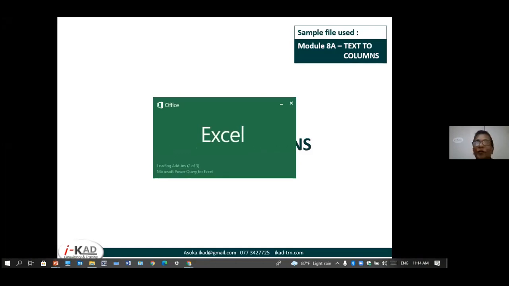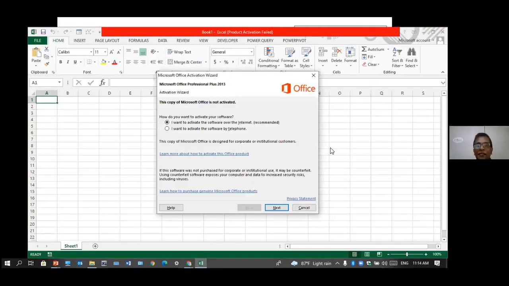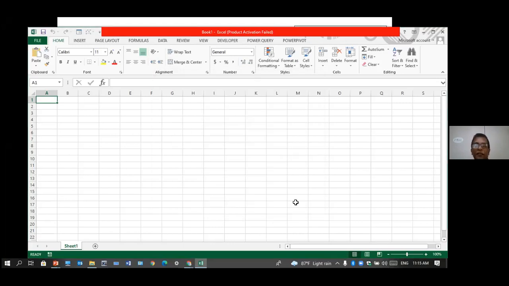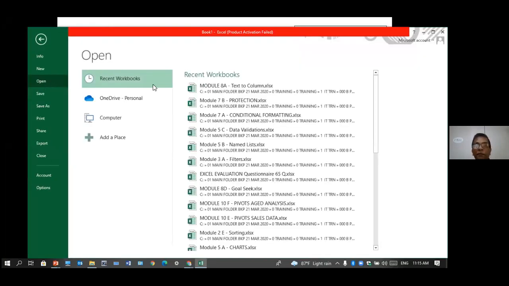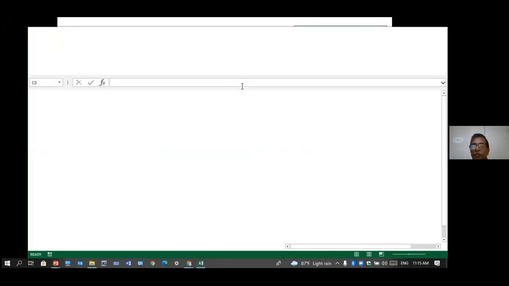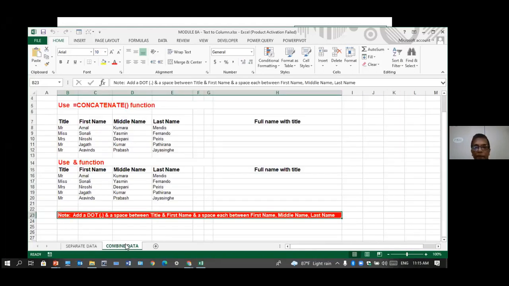This happens when you import data from other places, right? We couldn't do it because the data has some special characters which we can't see.